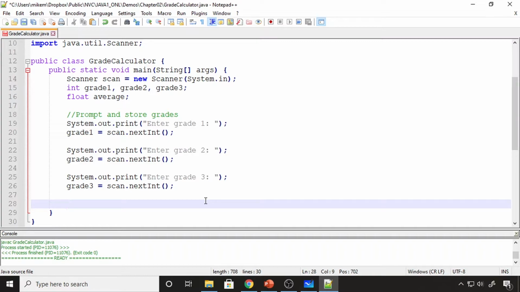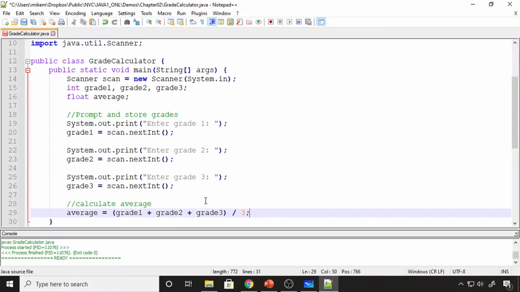Now I'm going to go ahead and set up my calculation for average. I set up my calculation for average. I'm taking all 3 grades and dividing it by the number of grades. The number of grades is 3. 3 is a literal value, and this literal value is inside of an equation. This violates my coding standard, so I need to create a constant for this value and use a constant instead